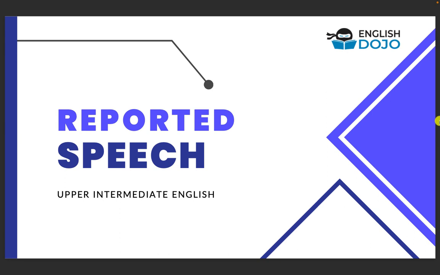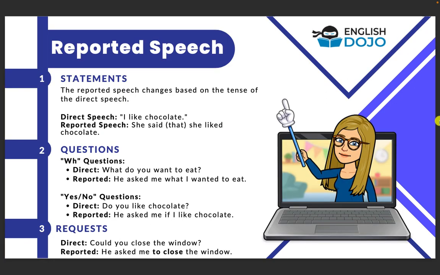This is a theme for upper intermediate English, and because of that, I'm not going to speak Spanish in this video. I'm going to speak strictly in English. Let's get started. First, what is reported speech? Well, reported speech is when you want to say what someone else said in the past. That is reported speech. In this lesson, we're going to look at 3 parts of reported speech: